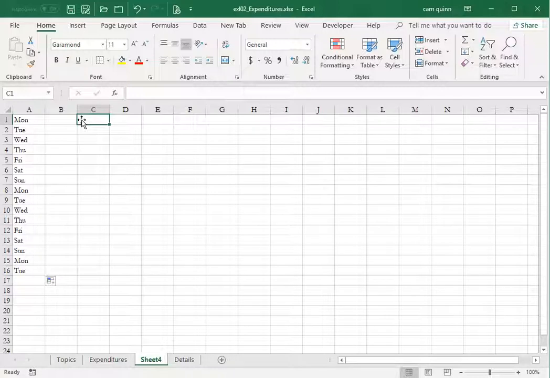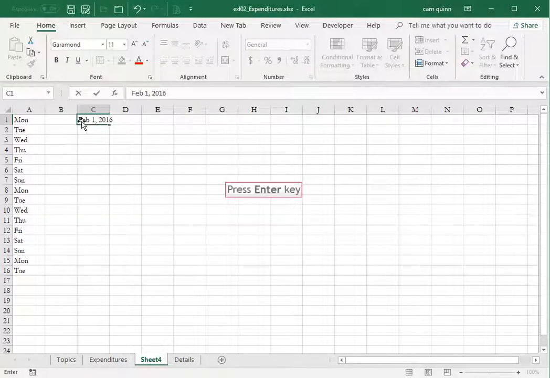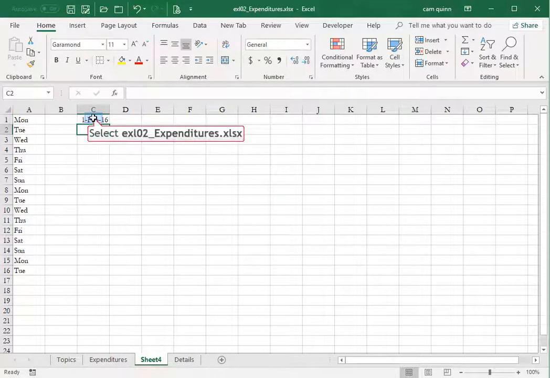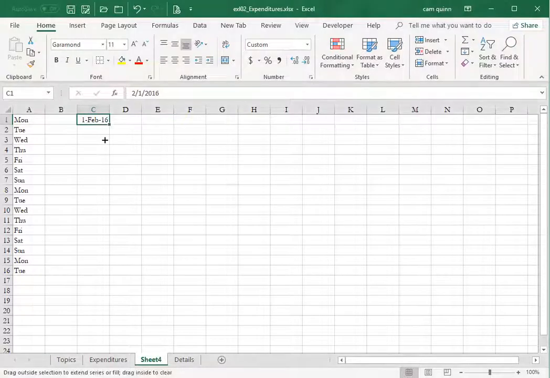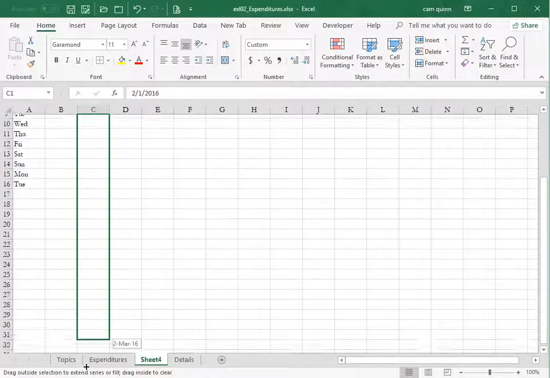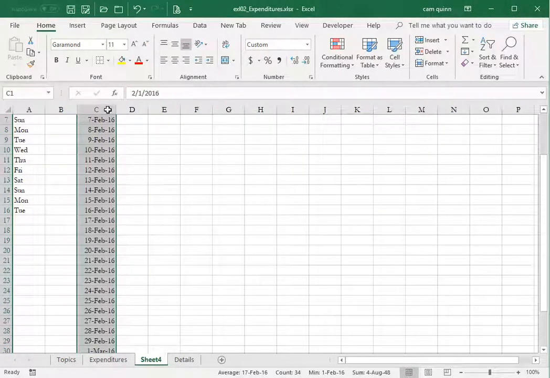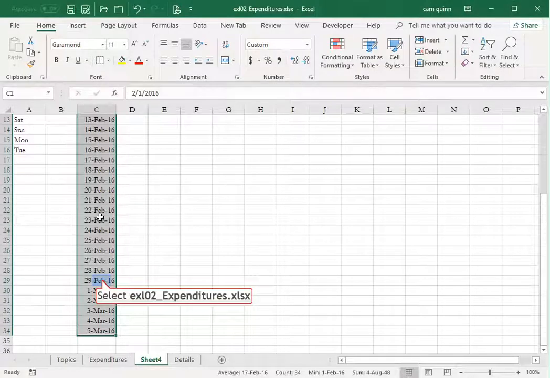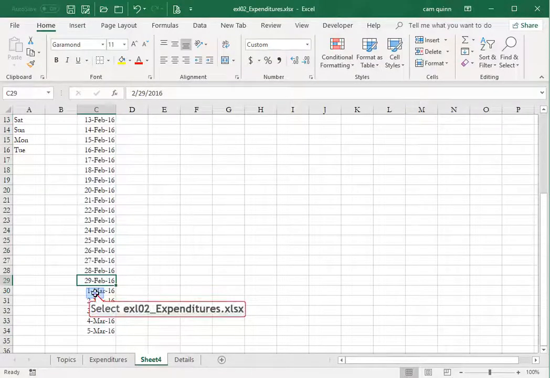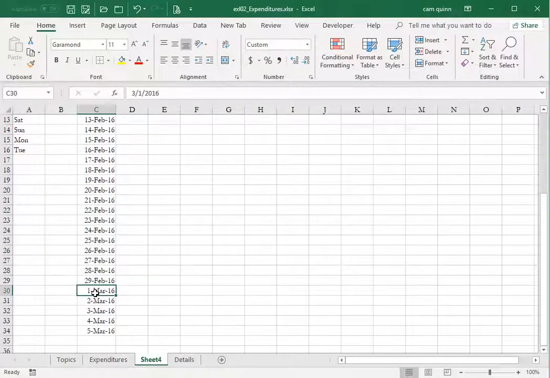I could type in a date. Let's go February 1st, 2016, and then I can use my fill handle to copy that down, and you can see that I go February, so 2016. I showed that because it's a leap year, so you can see it goes to February 29th, and then it starts over on March the 1st. If I did this year, it would only go to February 28th,